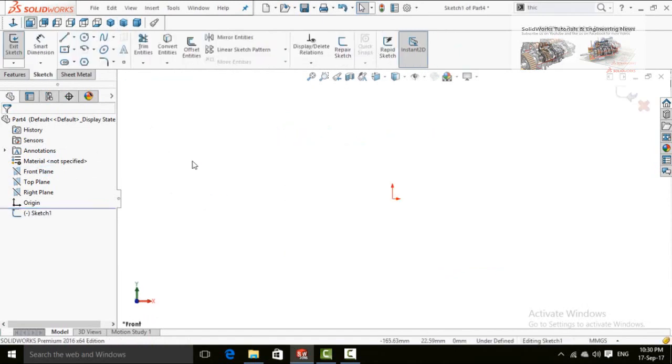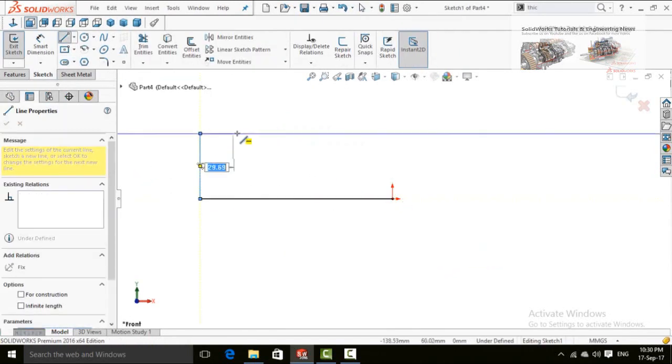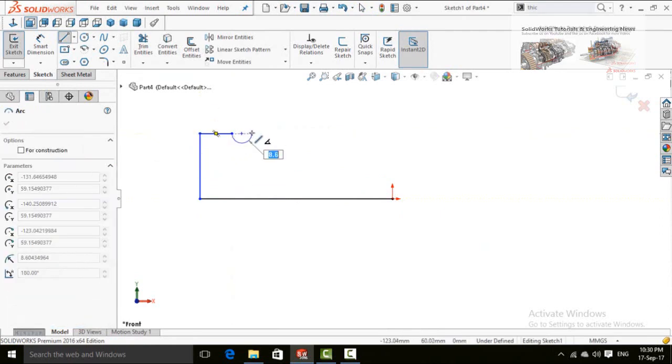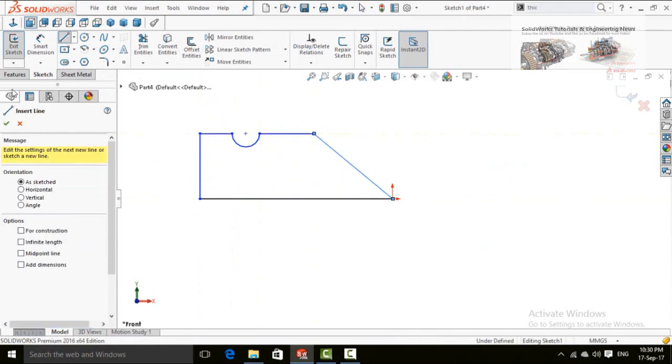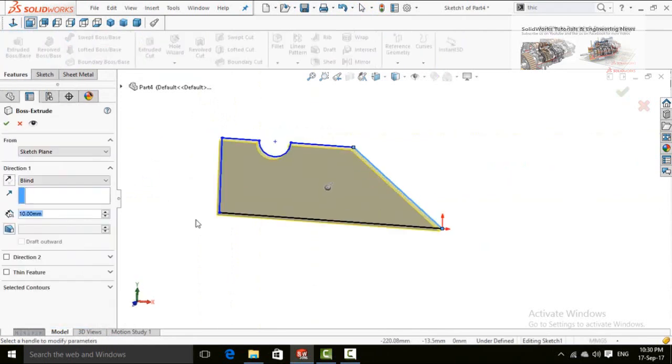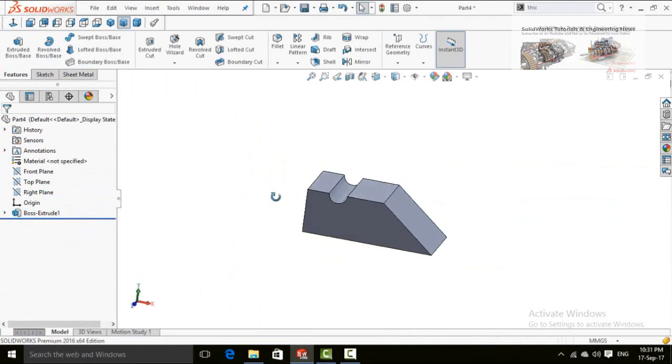So sketch on front plane and then draw some sketch. Now in the features tab extrude it, press OK button.